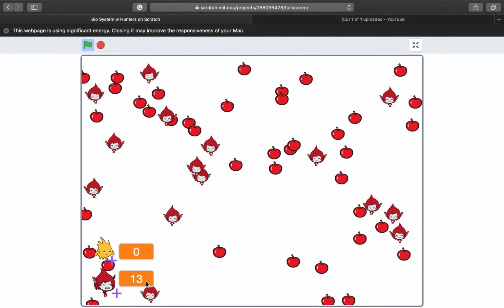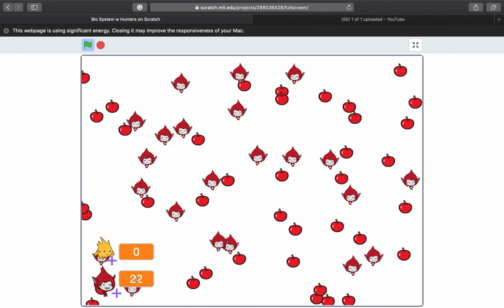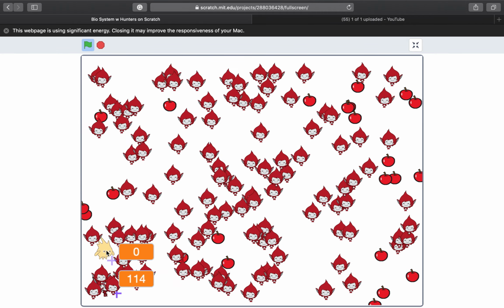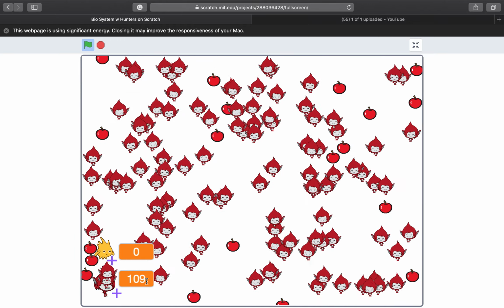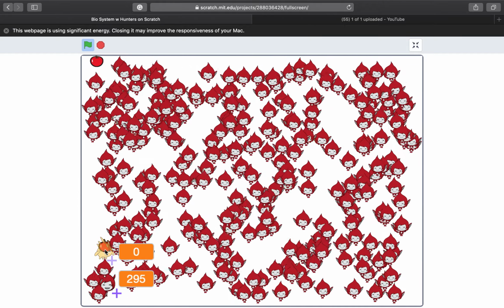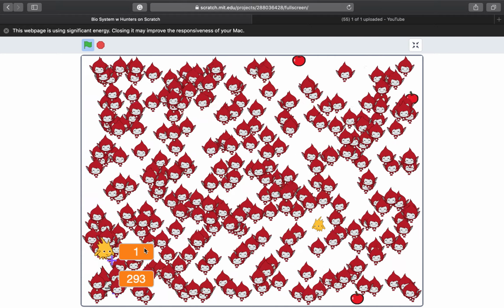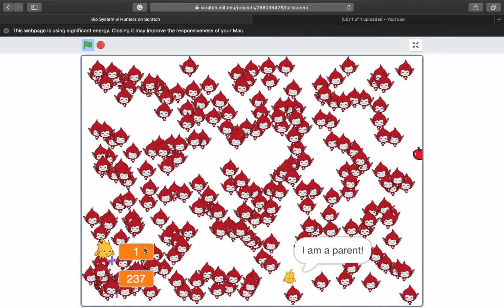You'll see that these numbers go up pretty fast. And they would get really, really big if there were no carnivores. So if there are no carnivores around, these numbers are going to get huge. So it's already at 110, 133. So I'm going to launch a carnivore in here. And now there's only one carnivore. But the carnivore is going to quickly start to decrease the number of gigas that are around.